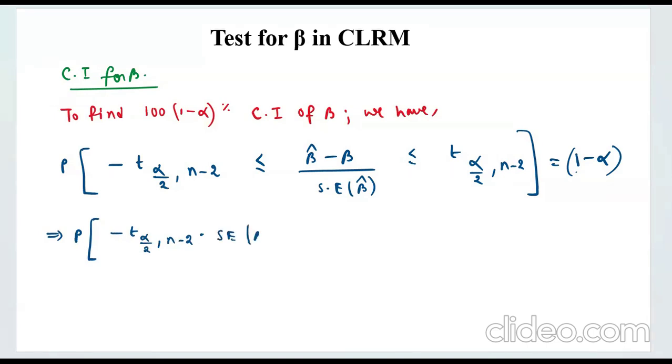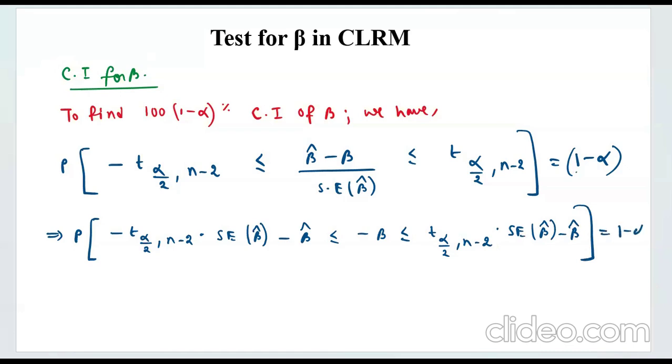So, minus t alpha by 2, n minus 2 into standard error of beta cap is less than or equal to beta cap minus beta, which is less than or equal to t alpha by 2, n minus 2 into standard error of beta cap. Then you have minus beta cap. This will be 1 minus alpha,